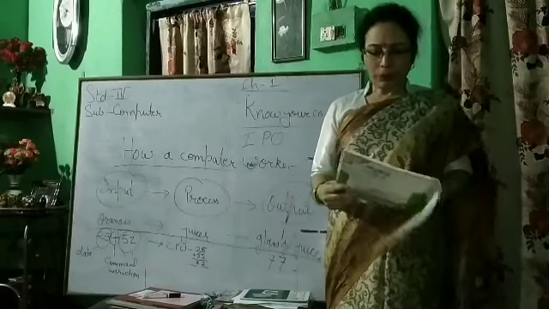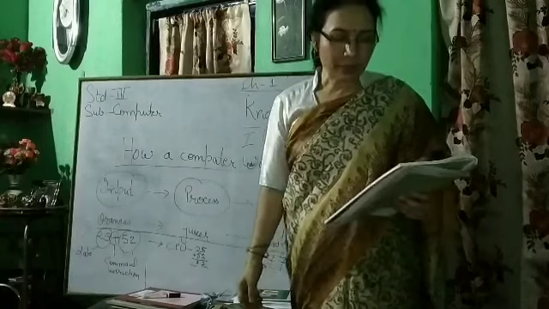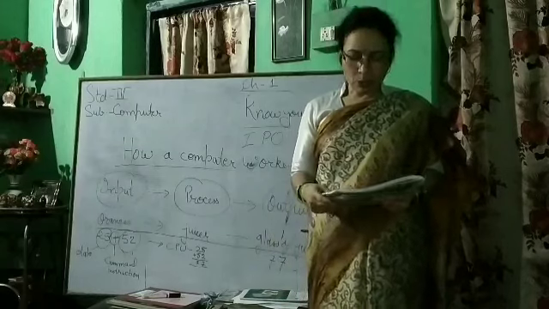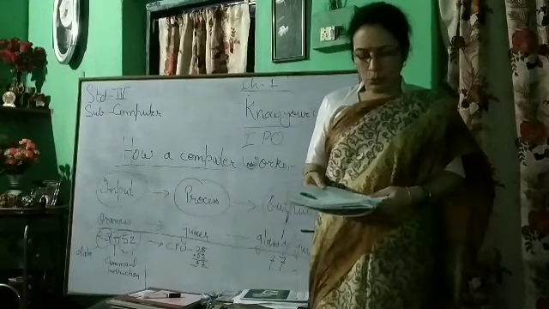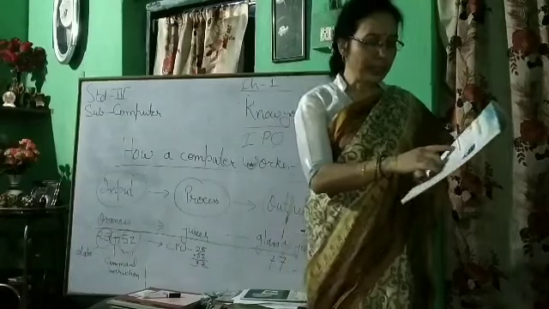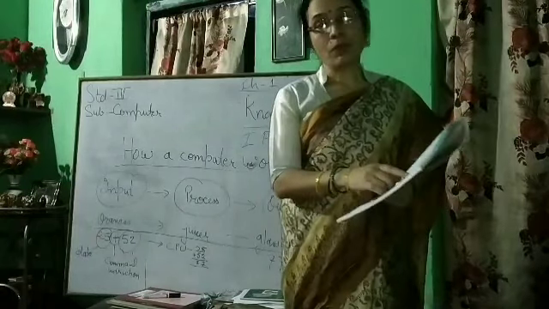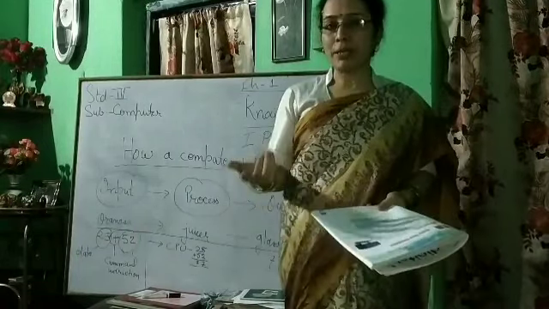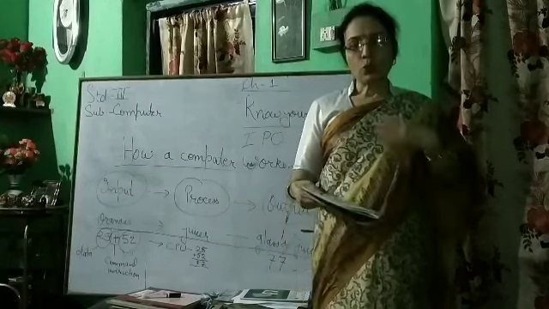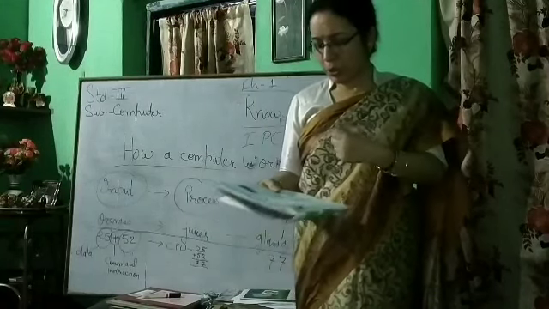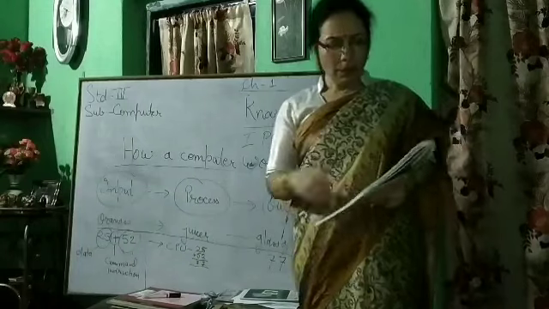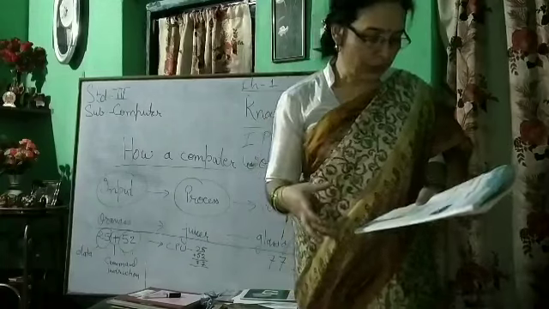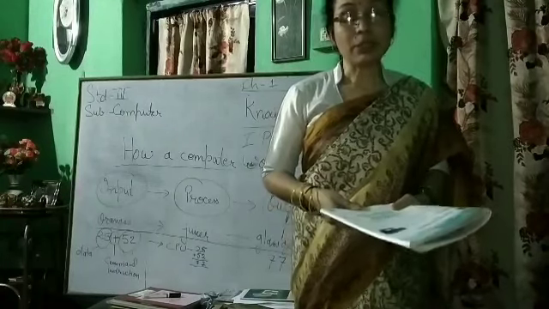A computer is also called a computer system. It can do a variety of jobs for us. Let us know how it works. So, how does a computer work? Computer takes data from the user. We are users. Whoever uses a computer, that person is called a user. So, we are users. You students are users of the computer. So, computer takes data from the user, processes it according to the instruction and then gives back the result to the